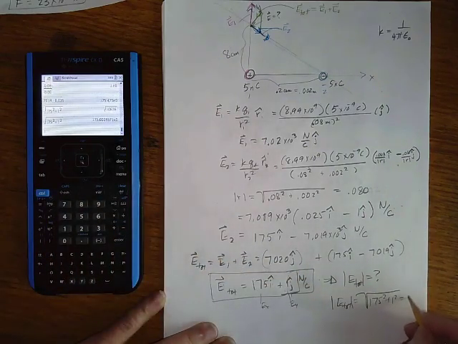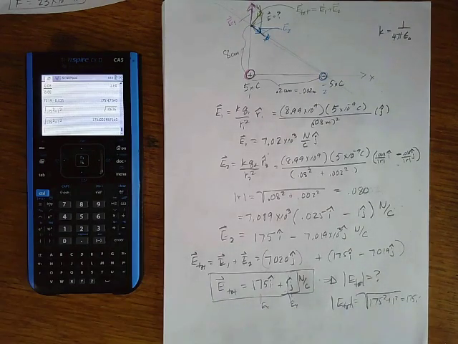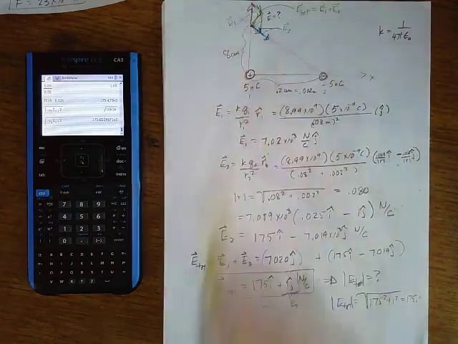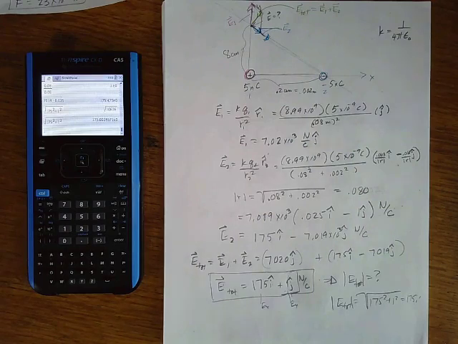Yeah, so it still ends up being 175.003, so basically 175. So kind of a bad problem for significant figures, but process-wise, if you had something significant, you have to square both and add them together. Again, it's just the components of the triangle idea to get E total. All right, so